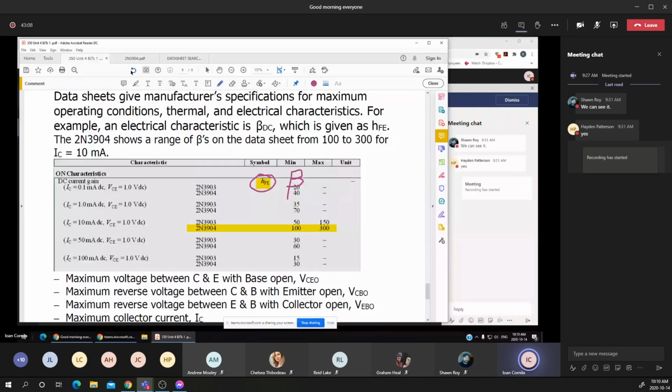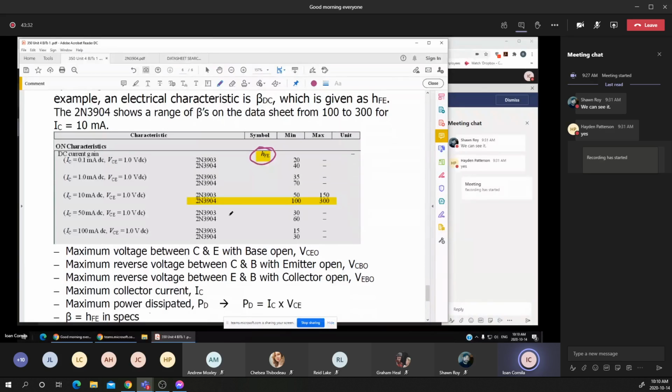At the same time, in some vendors we may see the minimum, the maximum, or sometimes a typical value. That's why I will show you a bit later the specs from different companies for some other transistors. But this is what we are using in lab, and what we used before,